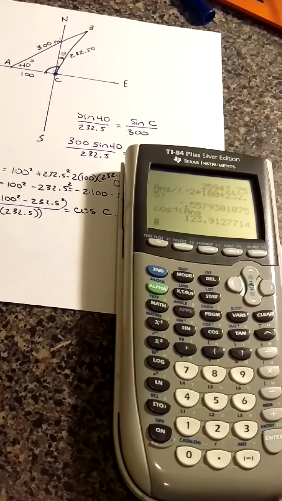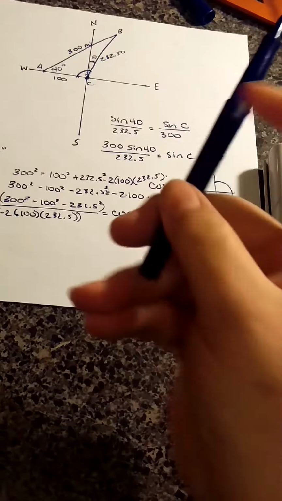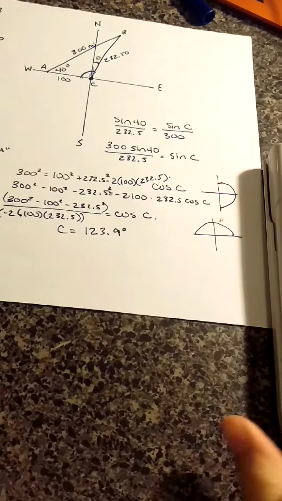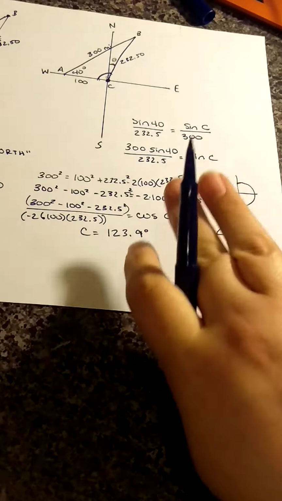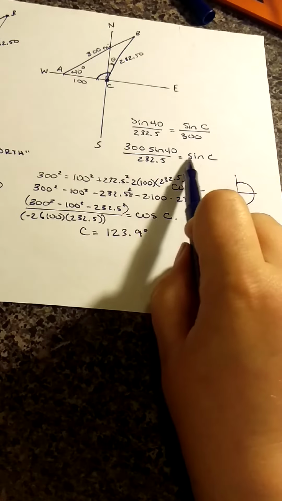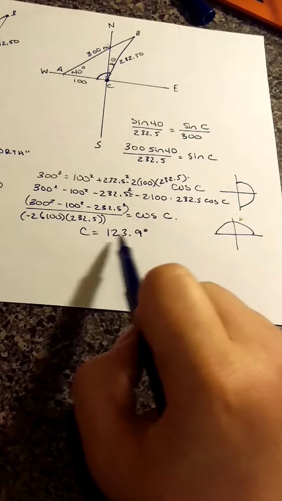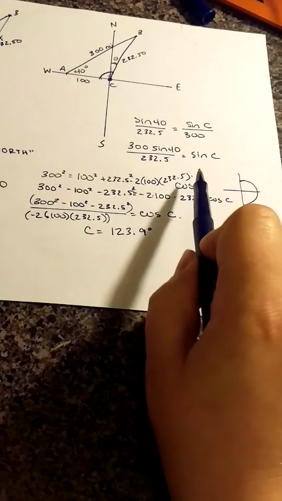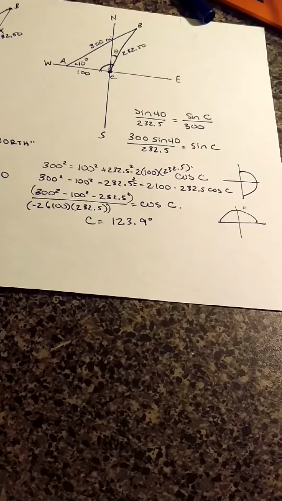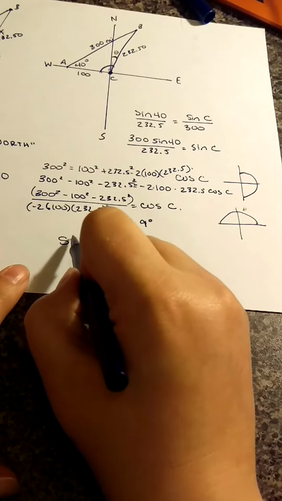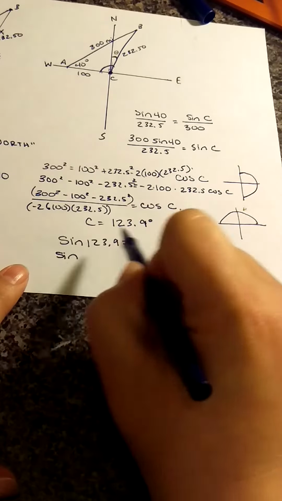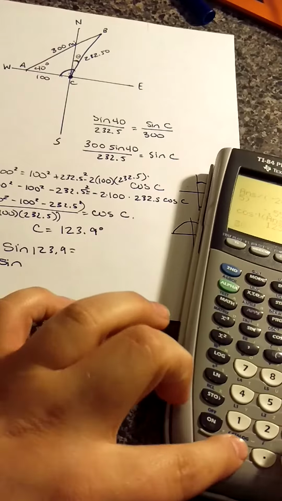Okay, so this is giving us our obtuse angle, telling us that C is 123.9 degrees. Now I want to show you something. This is kind of off topic, but it shows you why we got that really small angle at the beginning. So the sine of that really small angle and the sine of this angle should actually be the same, and your calculator just always gives you the smaller of the two whenever you do the sine inverse. So for this one, we're going to do sine 123.9 and calculate that, and then sine of the other angle, which I've already forgotten. It was